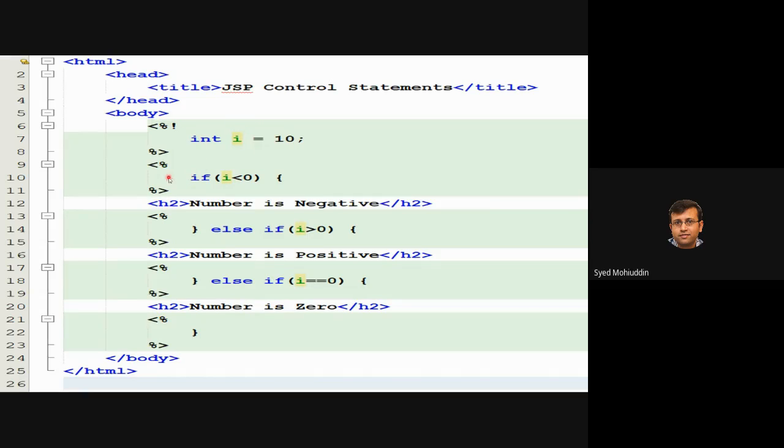Now, you see the opening angle bracket percentage and closing percentage angle bracket multiple times, in several places. This is because the if condition, or if statement, that you will be writing has to be within the scriptlet tags. Because if it is there without the scriptlet tags, it just becomes simple text which HTML will display. But we need the functionality of the if statement here. So we are opening the tag,